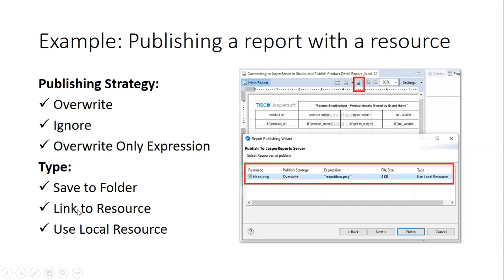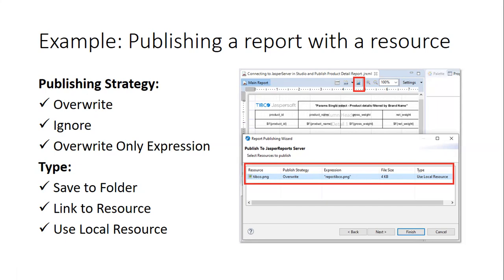If you choose the link to resource option, it links to an existing resource on the Jasper report server. If you choose the type as use local resource, it saves a resource inside the report unit on the Jasper report server.